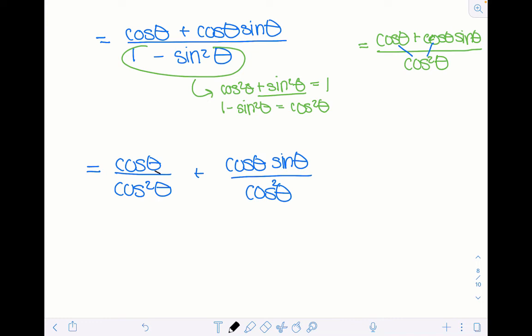Okay, so to do cancellations, that cosine cancels with the square in the denominator. This cosine cancels with the square in the denominator, so we end up with 1 over cosine theta plus